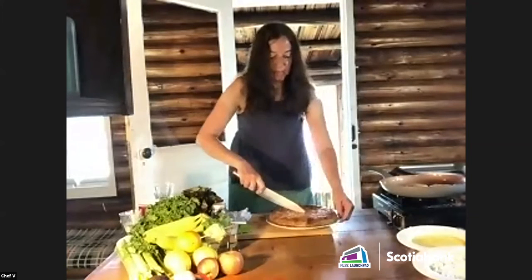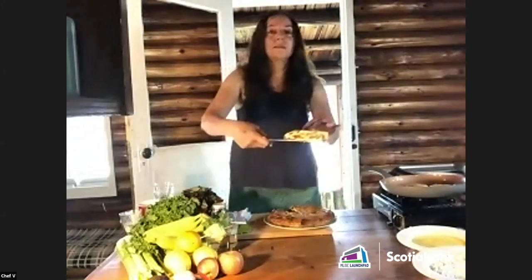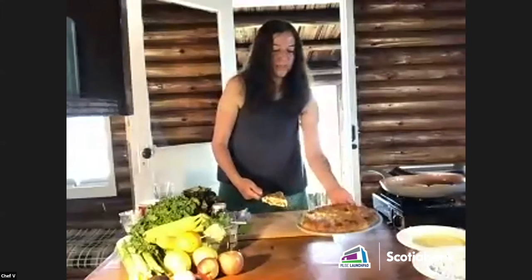I'm going to hold a piece up. There we go. So as you can see, you can actually get a look at that. Yep, we can see that. We can see all the veggies inside. It looks really good. And you could easily serve something like this with